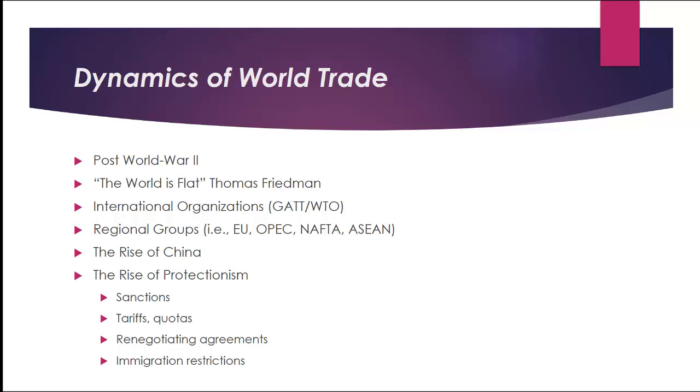So there were a number of organizations that were created to help rebuild this global economic system. Most notably, the General Agreement on Tariffs and Trade, known as the GATT. So in 1947, the GATT was created and served as the trade referee of countries that were in this global trading system. In 1995, that organization then became the World Trade Organization, and it added a number of different